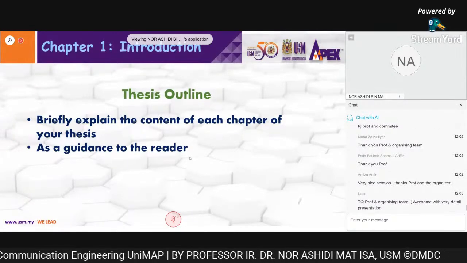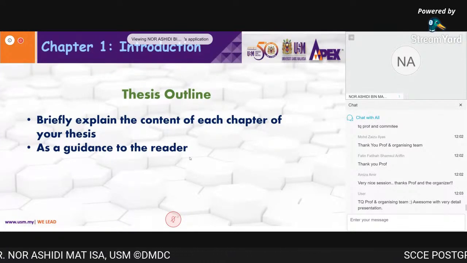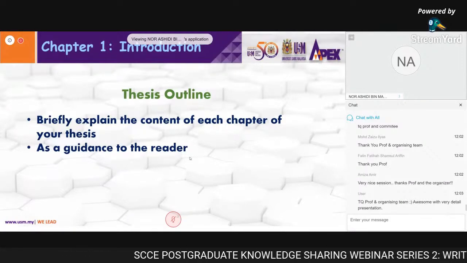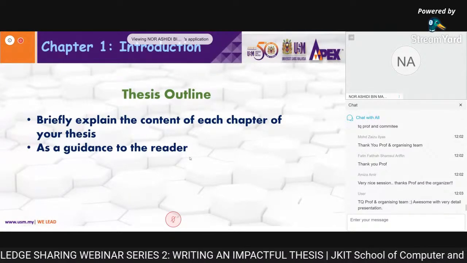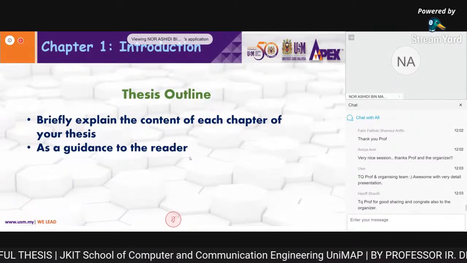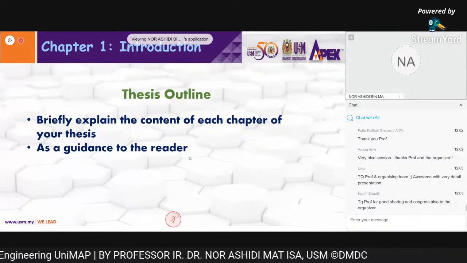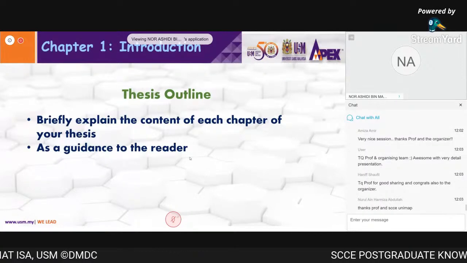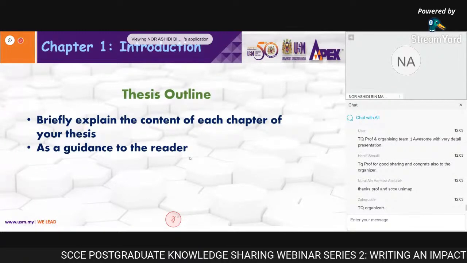So please make sure this is the time for you. You have 3 to 4 years. This is the time for you to improve your knowledge and your technical writing style. Technical writing is actually easy compared to the literature and the English. Please make sure that you have very good technical knowledge, and at the end of the day you will really have a good technical thesis. So that's my advice.